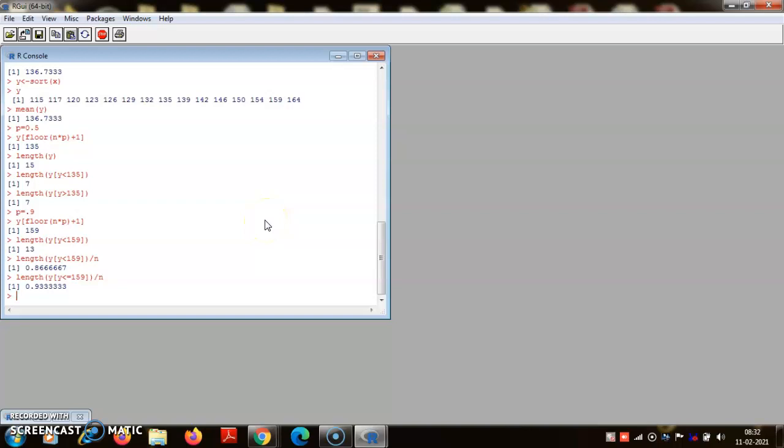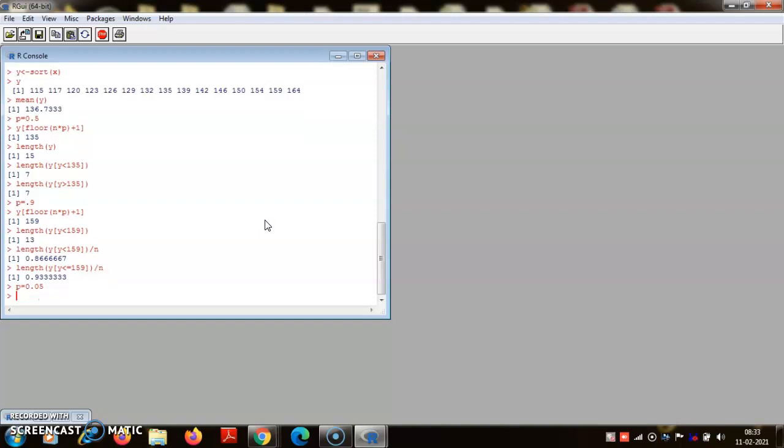Anyway, so we have seen how easy it is to compute the percentiles, median, and mean. So now finally let me talk about the trimmed mean. When we talk about trimmed mean, you have to decide what portion of the data you are going to trim. That means trimmed mean is the average of numbers which you retain after deleting a certain portion of the data from both ends. So suppose I decide that I am going to delete 5% of numbers from both ends.